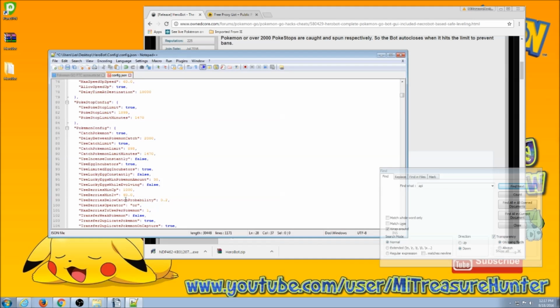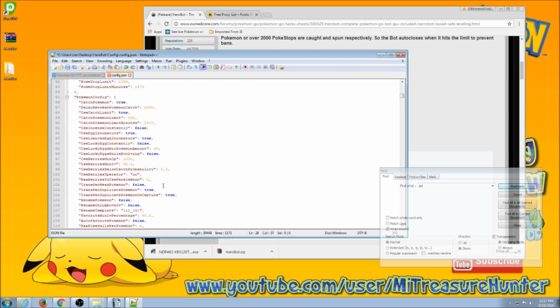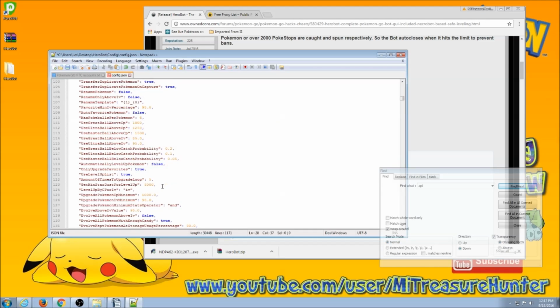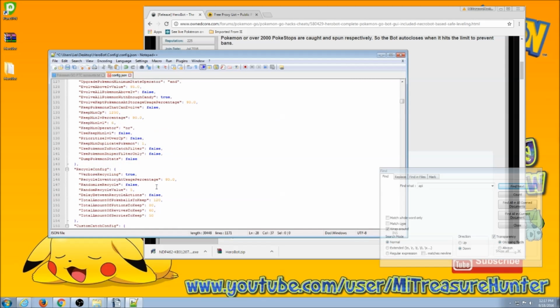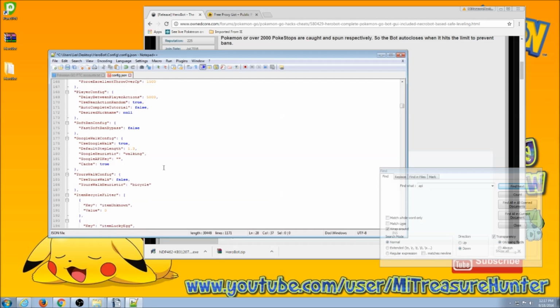Also, here's where you would enable the incubators and the eggs and stuff like that. Just the common NecroBot stuff. Like I said, most of this is set pretty well. Not much configuration needed. You do need to come down,